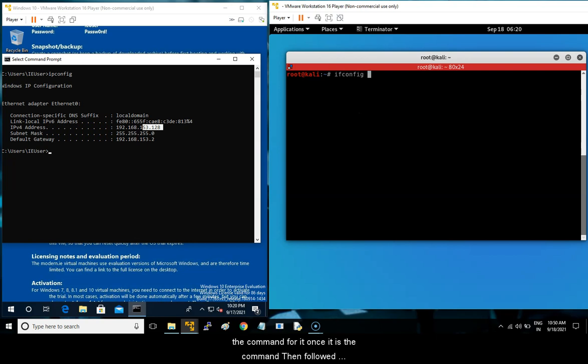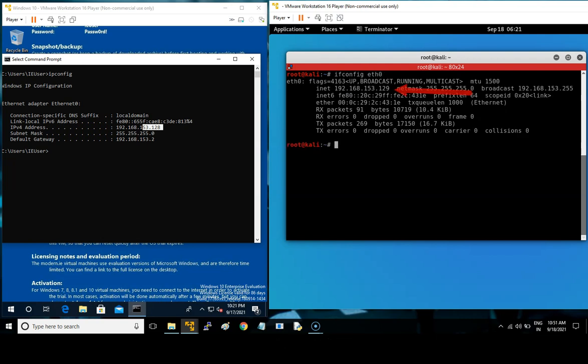So here we use the command called ifconfig, followed by the network adapter name, and the IP of my Kali server is 192.168.153.129. Now we can use the netdiscover command and see how we can use it to discover all the devices connected to the same network. And this method will work on a real network, or even if your target is a Wi-Fi or wireless network. Let me show you.